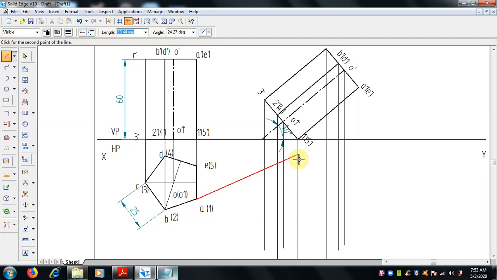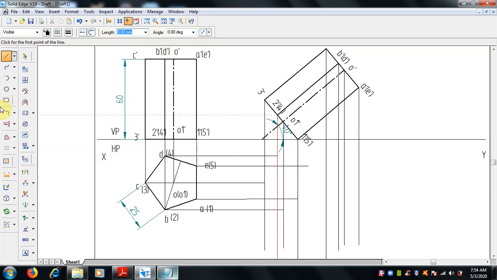End point of this. 2, 3 with 3, and 4, 5. Go for the trim option. Okay, trim it off.